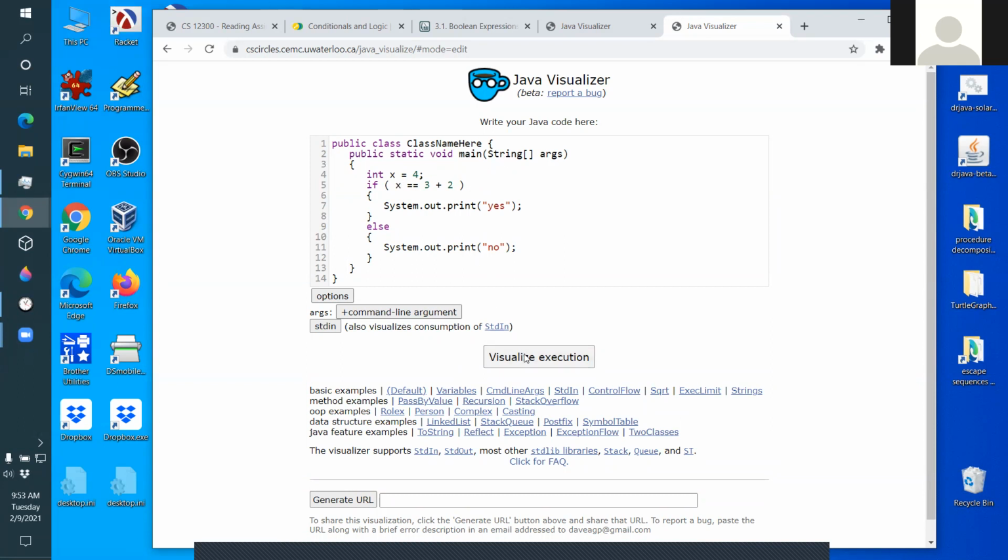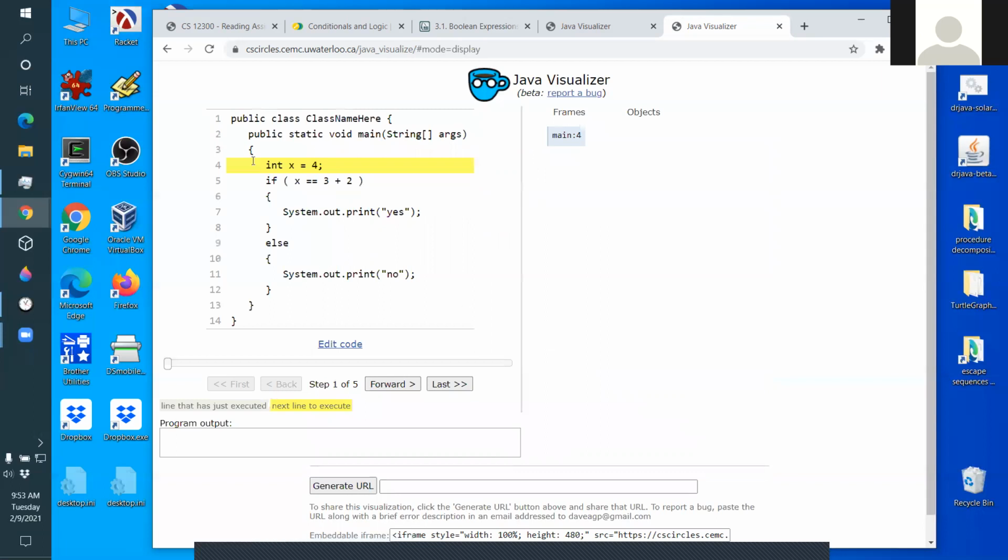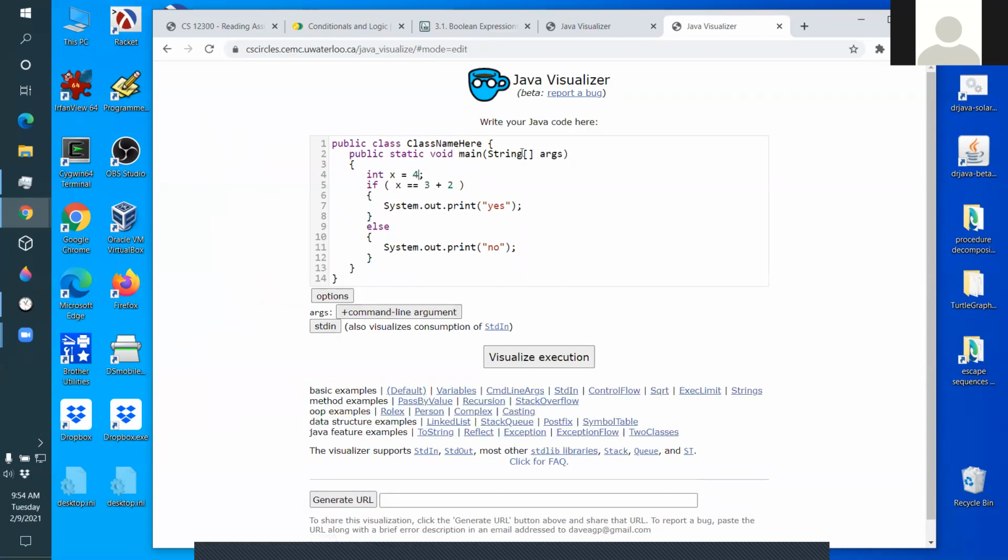So my program starts off by deciding, is x equal to 4? Well, first it sets x equal to 4. Then I go in here and I test this. My program tests that, and right now it's going to look up x, which is 4. 4 is not 3 plus 2, so this is false. So it's going to jump to line 11. From line 5, it jumped to line 11. And if I change this to a 5 here,